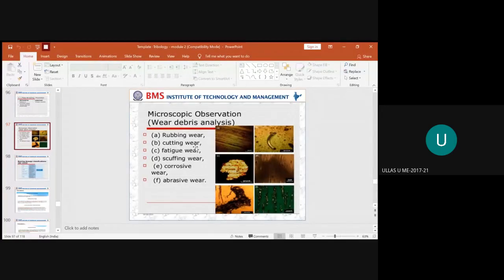We have studied all the types of wear analysis, and when we do the analysis by microscopic examination, this is how the surface looks. Next, after scuffing, we have corrosive wear. This is where the material has been corroded due to external environmental effects. If the material you have used is more corrosive in nature, then this results in corrosive wear. And lastly, this is caused by abrasive wear. This is how you should be able to identify which type of wear is coming into the picture when you see a micrograph.